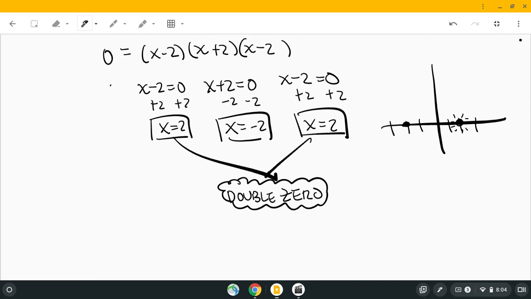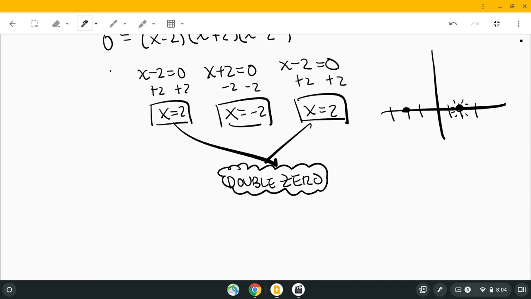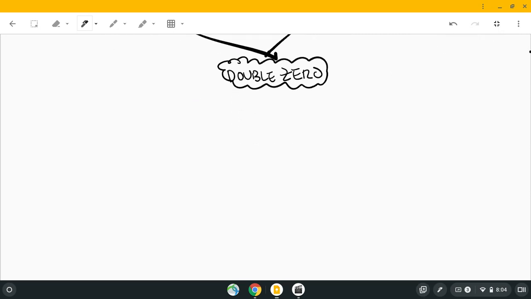Okay, so we covered double zeros in the last video. And so here we're going to put everything we learned in the first video and the second video together in this third video and take a look at how we put those together and graph. But before we actually start, let's just recall